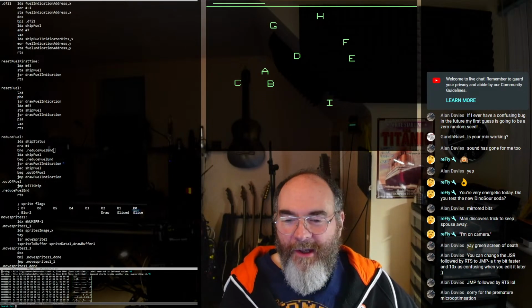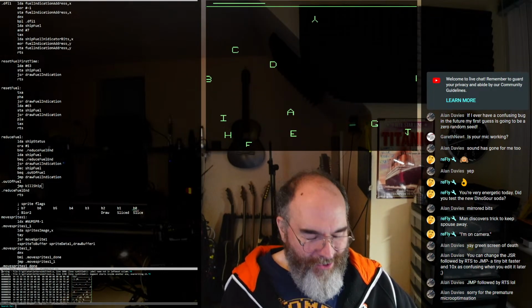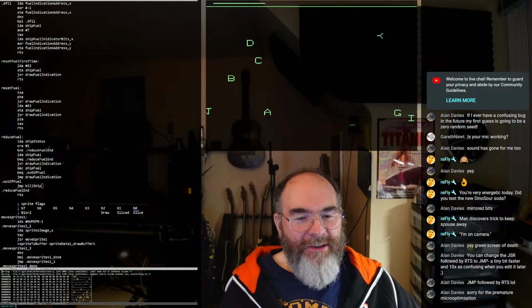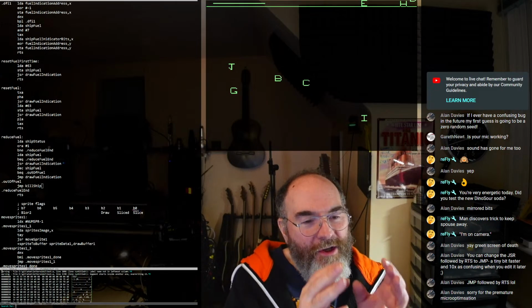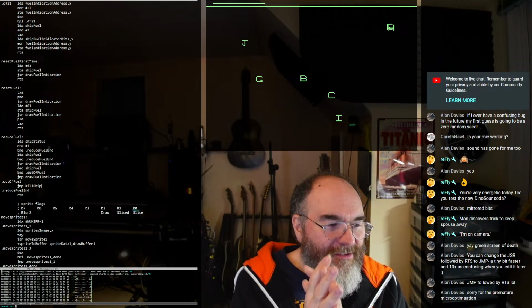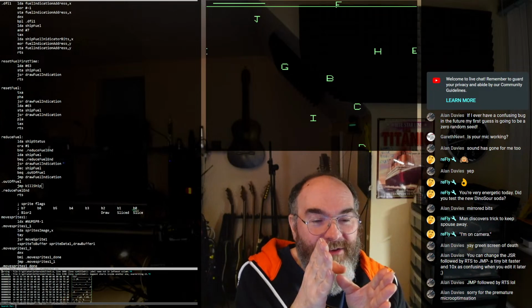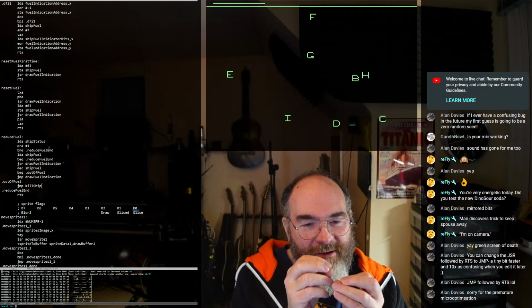Okay, that works. Now, of course, you could say, well, surely when the ship is destroyed, you don't have a fuel indicator anymore. But it's nice for the player to be able to look at that after they die. This is really important. Also really important is the fact that fuel consumption isn't happening at all anymore. So obviously I've introduced a bug, but the point is that